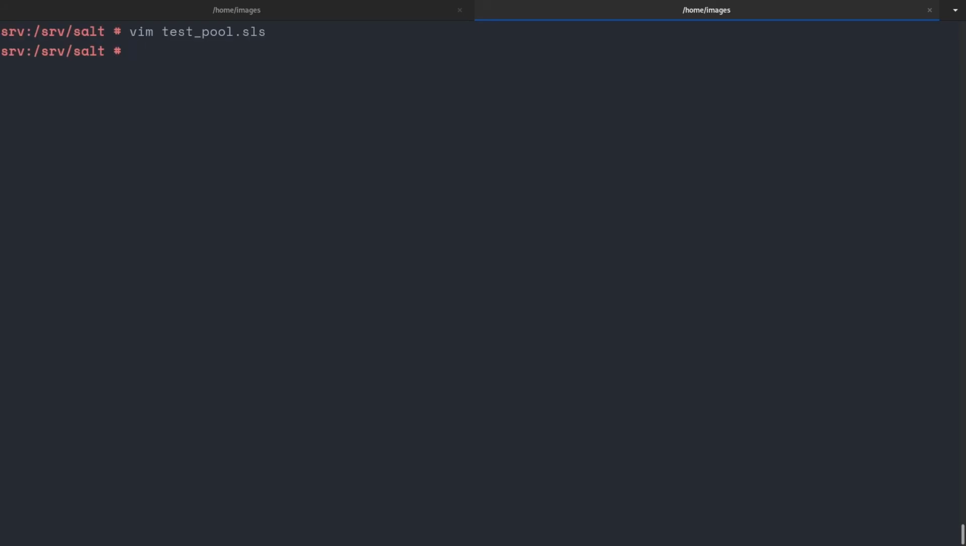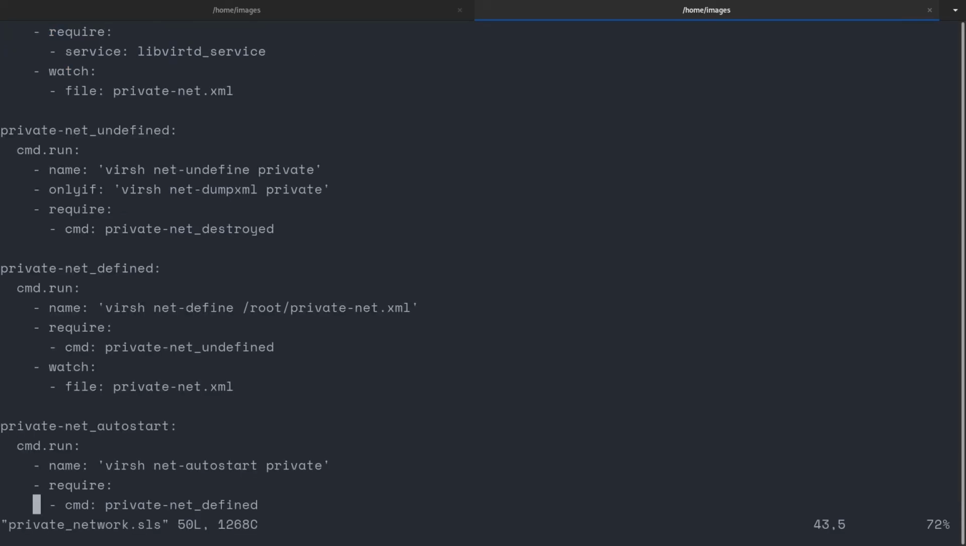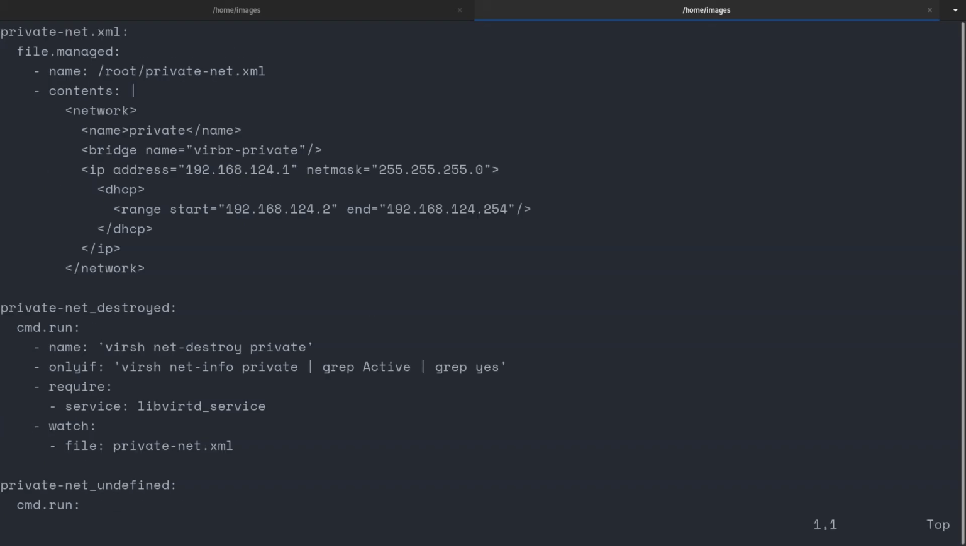I also have provided a private network .sls file. I'm not typing it here. The reason is that the network definition state in SALT is not yet feature complete, and most of the time to get really customized networks, it is much better to go defining the XML. So writing an XML file. So here it defines the XML file